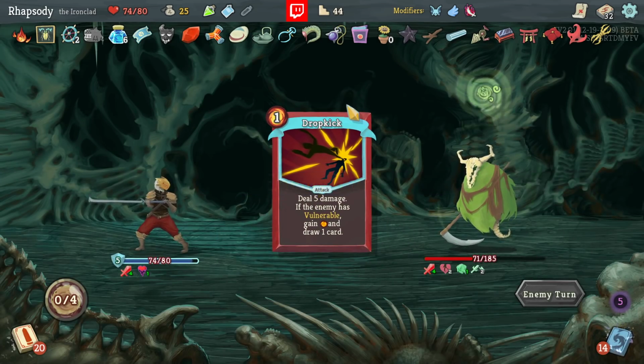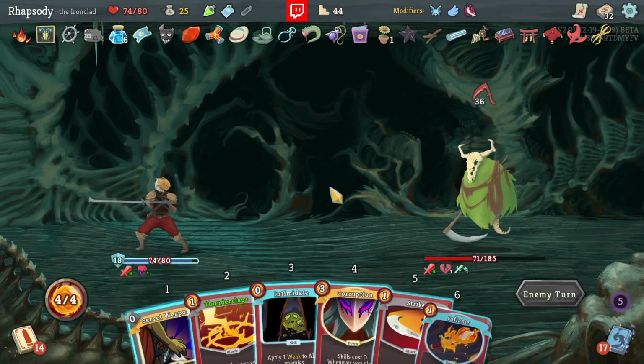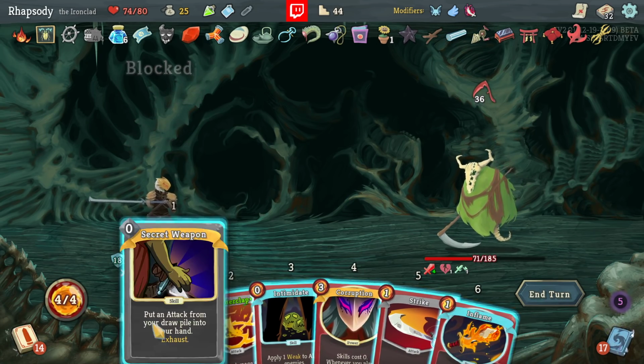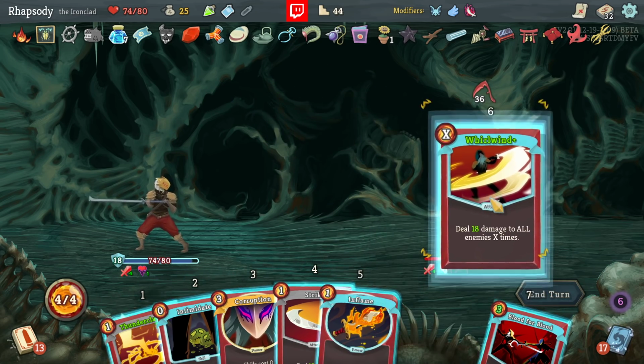Enemy's still vulnerable. I'll put another dropkick in the deck. It's a good hit for us here. I don't need to think that many turns ahead. Secret Weapon takes Whirlwind. Rhapsody